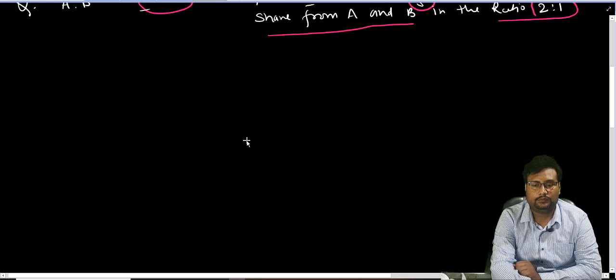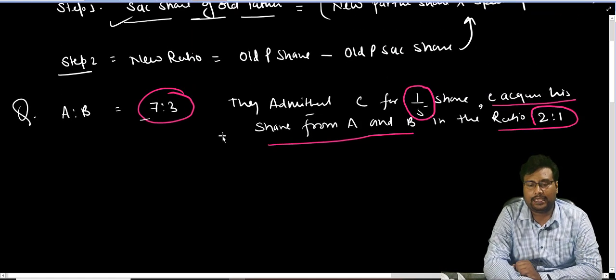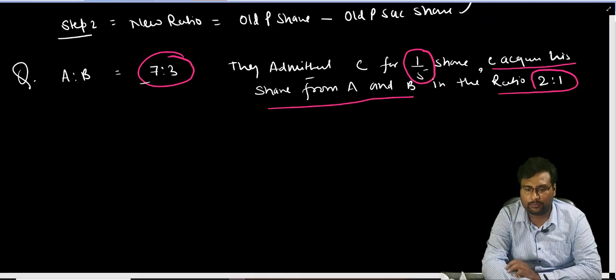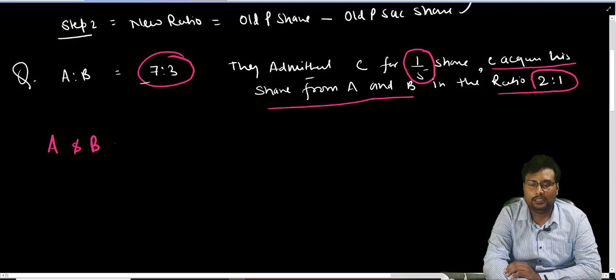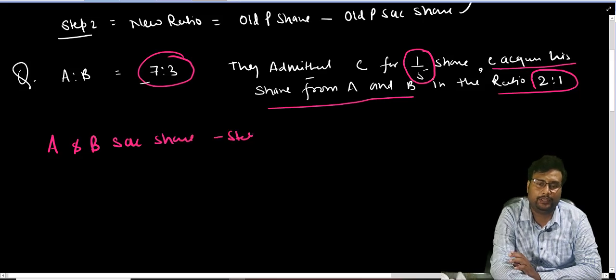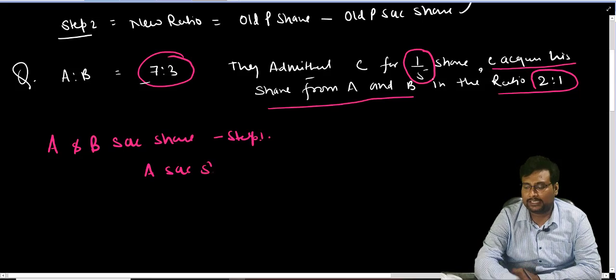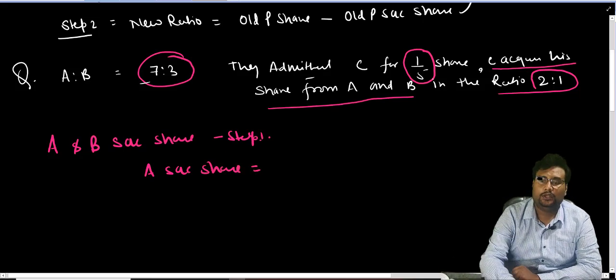Yeah. So the question is like this, beta. Suppose A and B are 2 partners. Already information is there. So we have to find out the A and B sacrificing share. This is step number 1. So A sacrificing share will be,